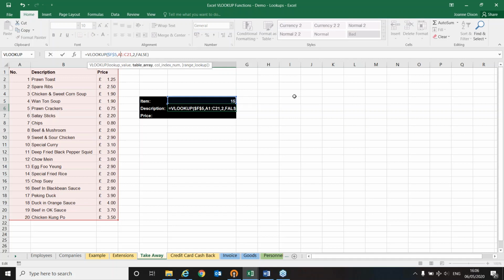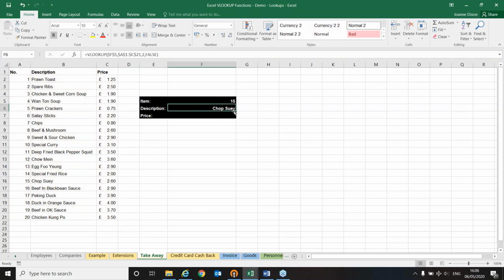The table always starts in A1. I'm going to press F4. It finishes in C21. I'm going to press F4. So we've got a lot more dollars in there. It makes it a little bit more complicated to work with, but it's just cell references that are now fixed rather than relative. Now when I fill the formula down, all that's left for me to do is to tell